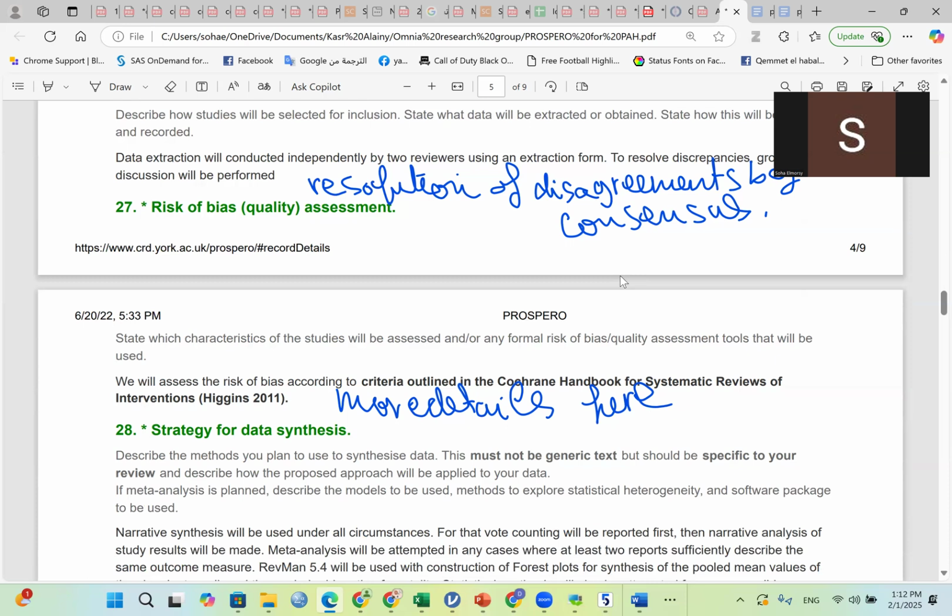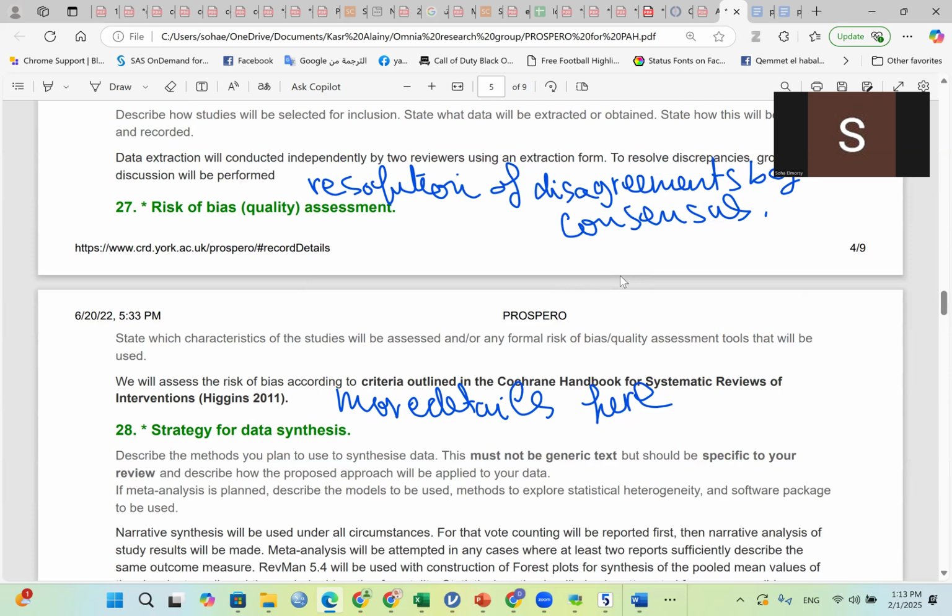As I mentioned before, the risk of bias assessment or quality assessment is very important in a systematic review, because when you include low quality studies, you run the risk that the overall effect that you are going to synthesize is going to be a biased effect. So you need to perform quality assessment. And for this assessment, you have tools. And I strongly recommend the tools endorsed by the Cochrane Collaboration. You can find them at the Cochrane site.